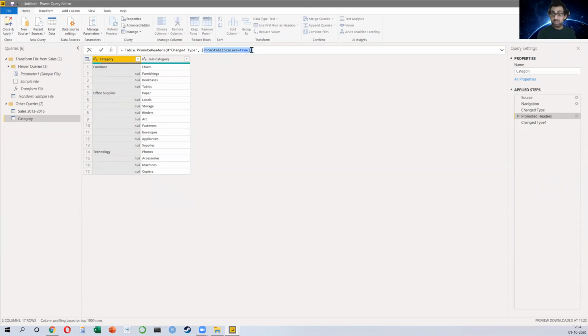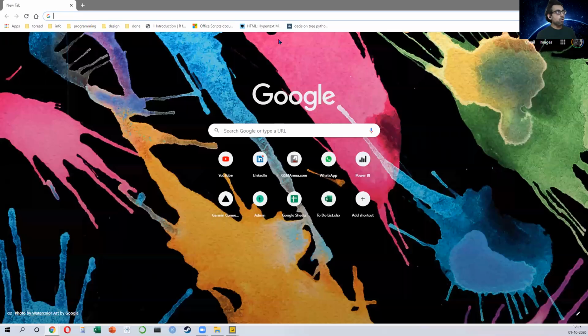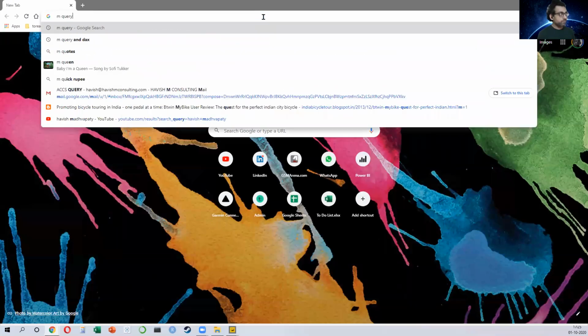It doesn't look like one because it is not. These are not Excel formulas. They are formulas, which means that they start with an equal to sign, but they are not Excel formulas. This is a completely different language, which is called mQuery. So let me just quickly open up so you can see this.